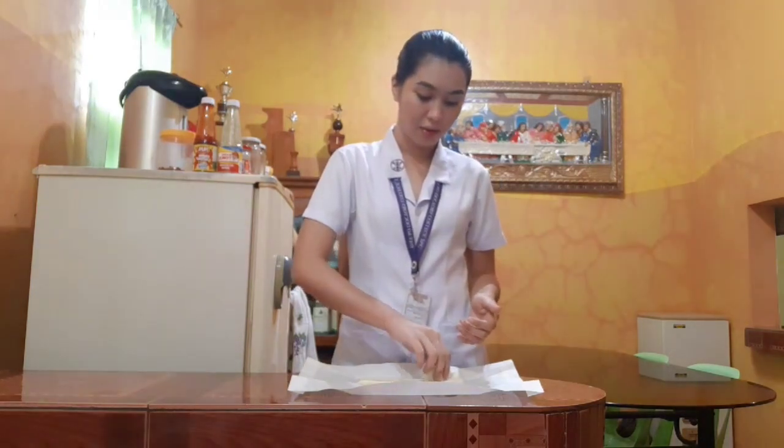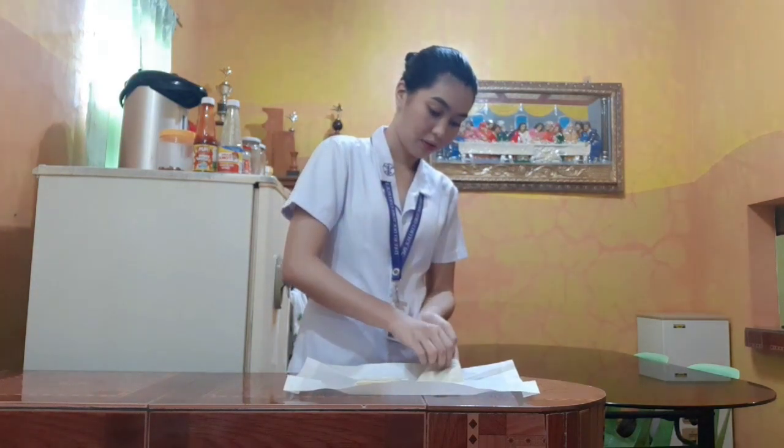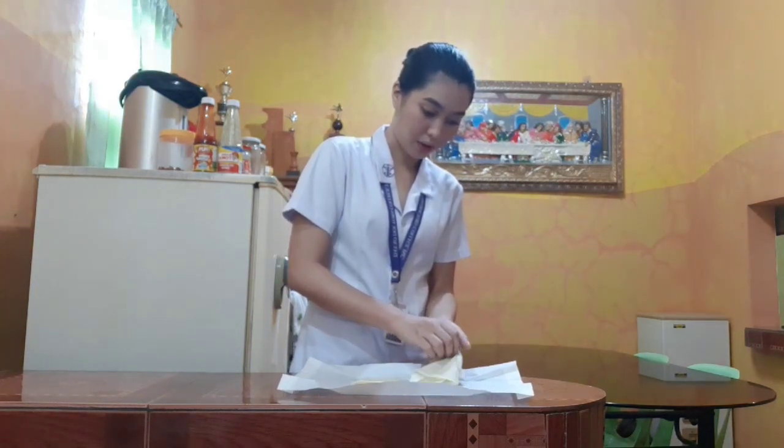And for easier application, put the first glove on the dominant hand, or we're going to glove the dominant hand first. So as for me, since I am right-handed, I will be gloving my right hand first. So I'm going to grasp the glove for my dominant hand by the folded cuff edge with the thumb and the first two fingers of my non-dominant hand. So we're going to grasp the glove, inserting our